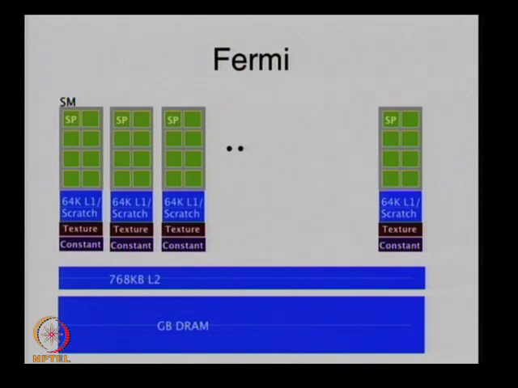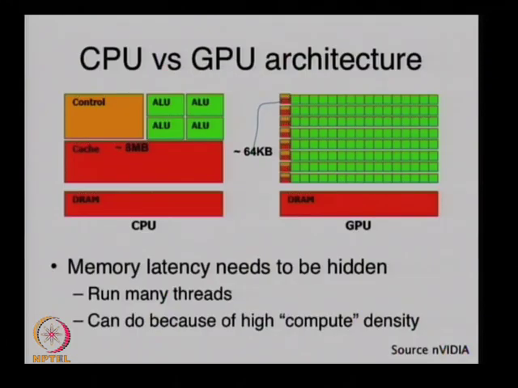So although I'm going to talk about the programming model that is about both, I'm not going to focus on the differences, because mainly you will be programming on the Tesla, the previous architecture. Okay, and just to understand why the programming model is slightly different from what you are used to on the CPU side,